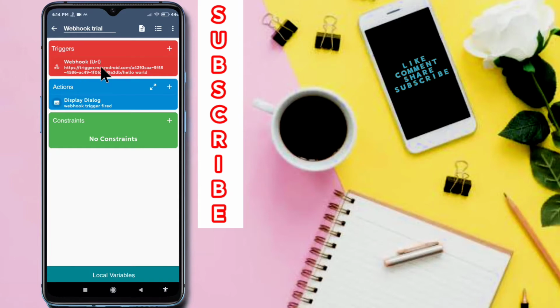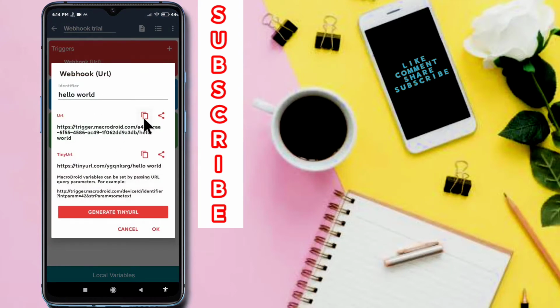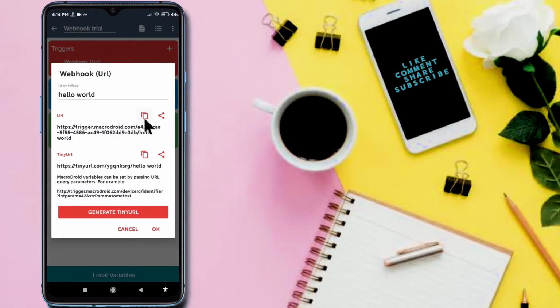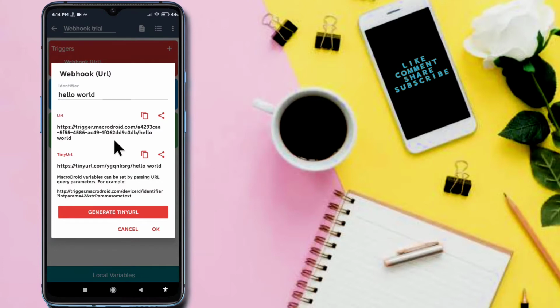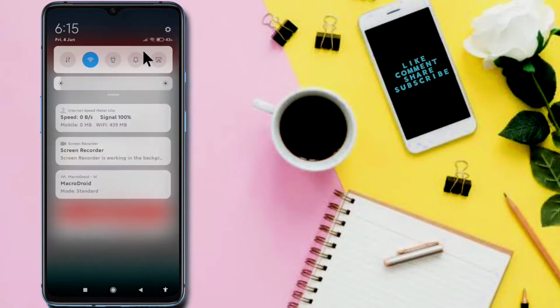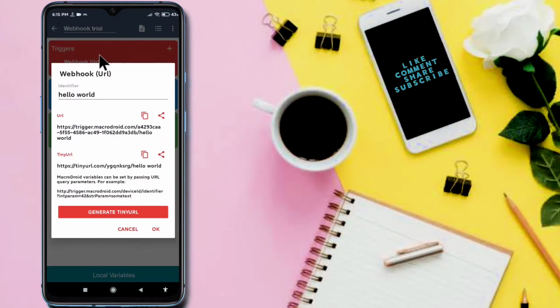Another thing you have to remember is that if someone sends a request to the MacroDroid server by clicking on this URL many times, suppose 3 times, and your device is not connected to any network, then the server will store those requests, and as soon as your device connects to the network, the trigger will fire 3 times. You have to keep that in mind.